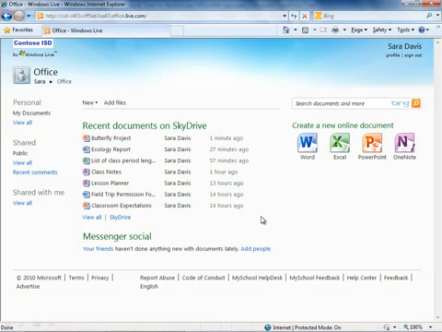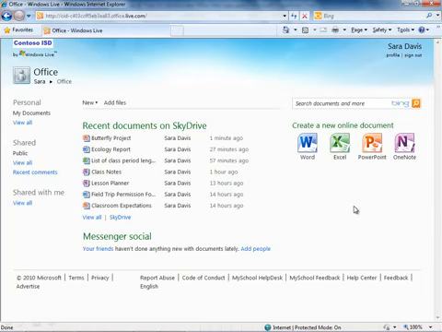The primary difference is the existence or the non-existence of advertising. So over in this white space that you see underneath these icons, if you had signed in as a consumer using a consumer Windows Live ID, you would see a web banner here with advertising. For education, we didn't want students and teachers to have to be subjected to that advertising, so we stripped it out of the accounts that are using Live at edu Windows Live IDs to sign in. So when you sign in, you won't see the presence of advertising here, but you also should be aware that